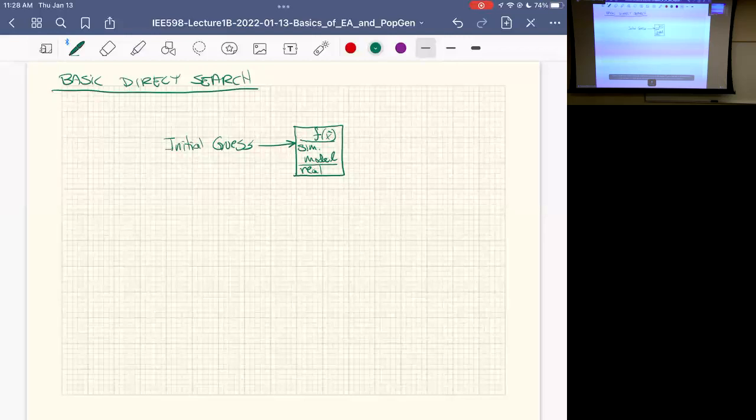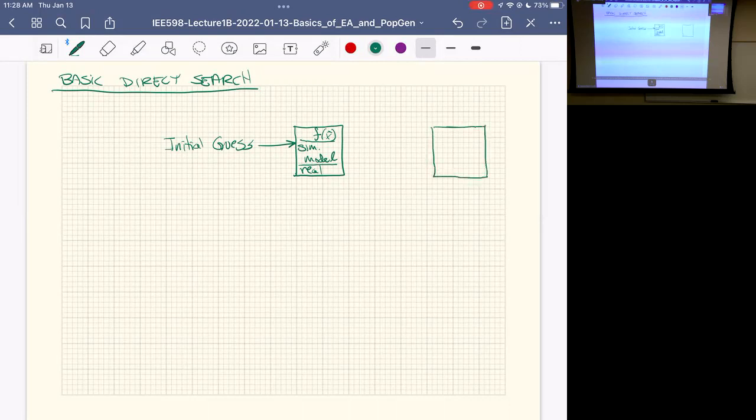That's going to give us an answer, an output metric, which will take us into the actual optimization algorithm. So we get an output metric. And then that is going to go into our optimization algorithm,